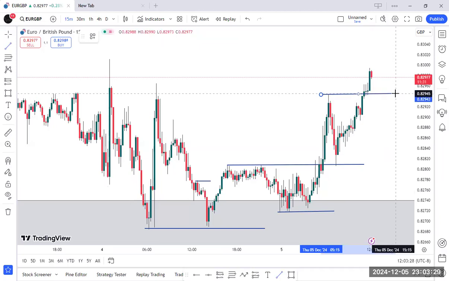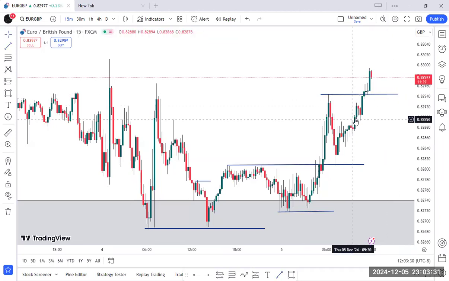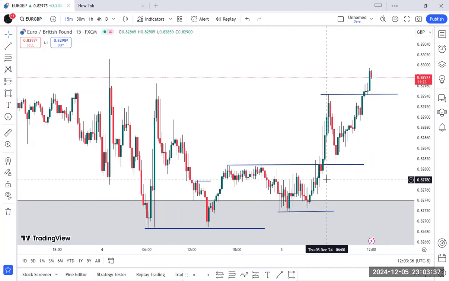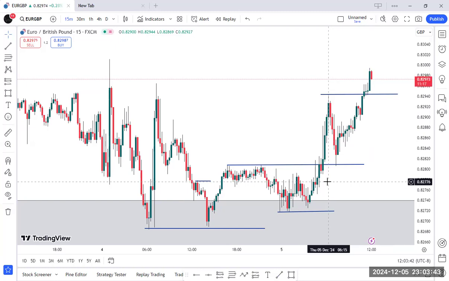This is the next high it has given you. It has produced it, and then came back here, giving us a bullish candlestick. So price is going up. It's showing us that price is in an uptrend. So what I'll be looking for is to buy. I'll always look to buy when price retraces back to